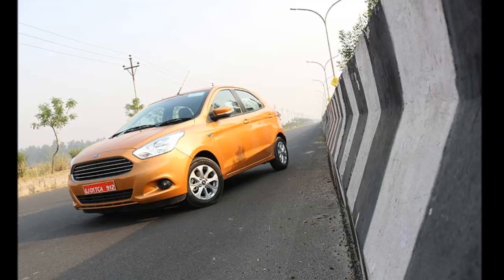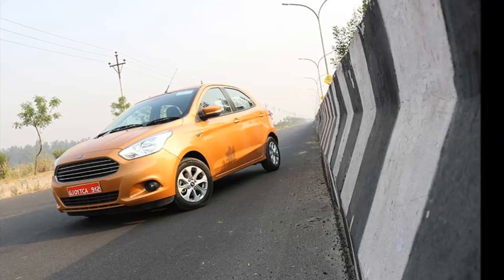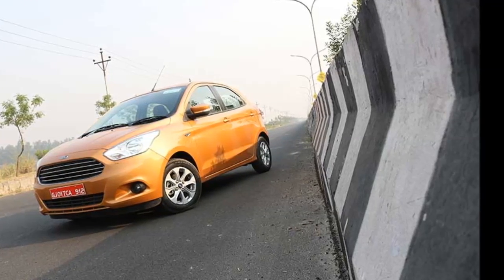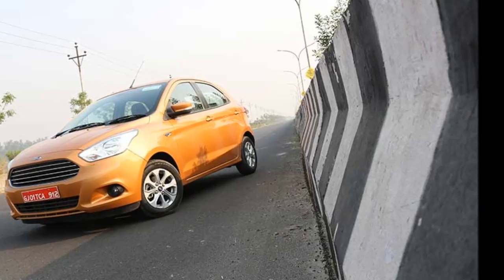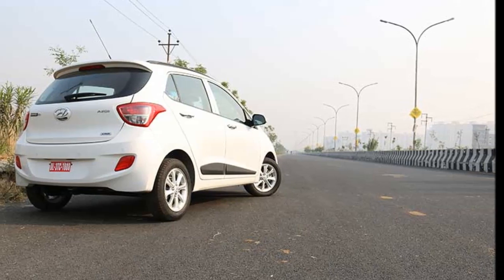The Figo was launched by Ford in March 2010, and there was a lot of anticipation over this car, because it was based on the Fiesta hatch and it drove like a dream. It won the 2011 ICOTY, and swept most of the awards that year. It was a car that a lot of enthusiasts would enjoy driving, but soon there were many players in the